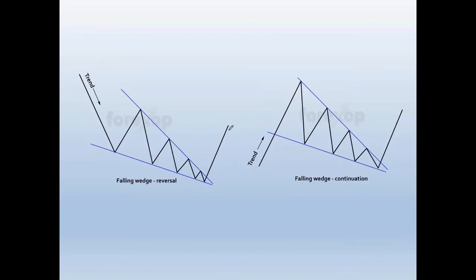This is called a falling wedge. Basically it's a symmetrical triangle, except that instead of making higher lows and lower highs, the market's actually trending down, making lower highs and lower lows, and then it breaks out of it. When you put your trend lines on, what you're going to notice,